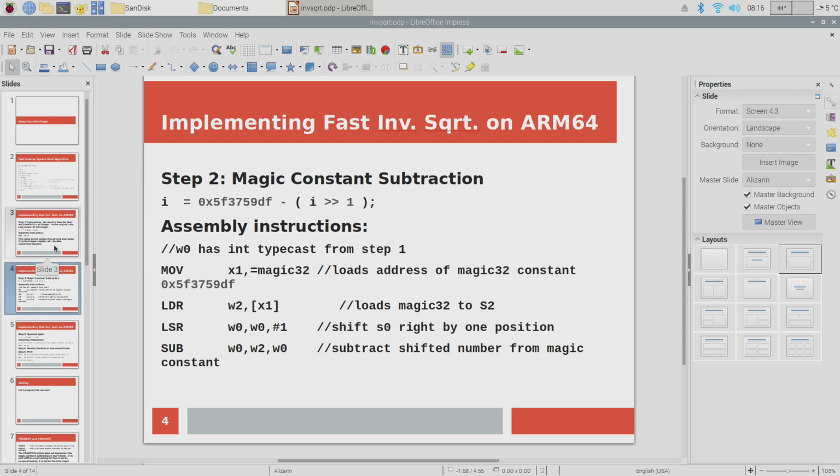Okay, so we saw this when we were looking at move in, move k, and move z, that stuff. Yeah, okay. So the solution: just define it as a constant, load a pointer, and then load it from memory. Okay, so that's what I'll do, I'll just make a constant. In this case, I'll call it magic 32 because it's the 32-bit version. I'll move the pointer to it into x1, and then I'll load